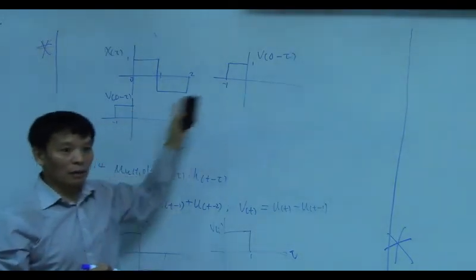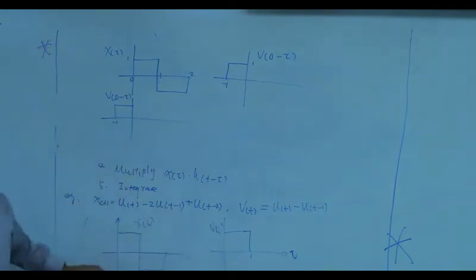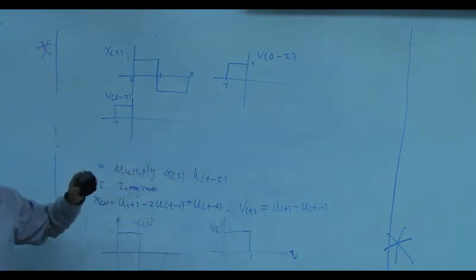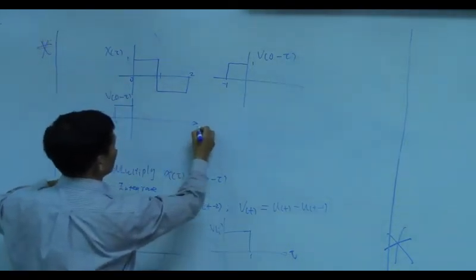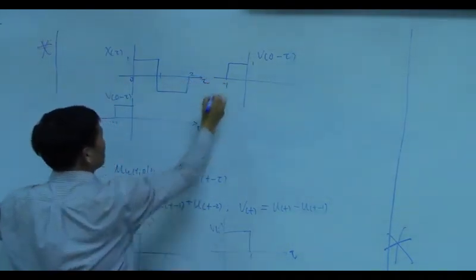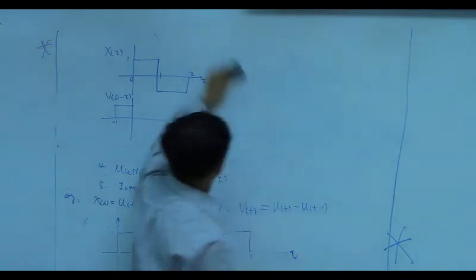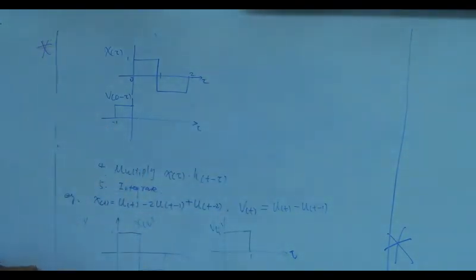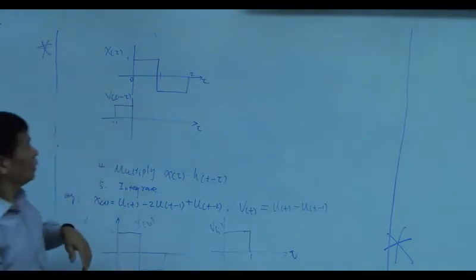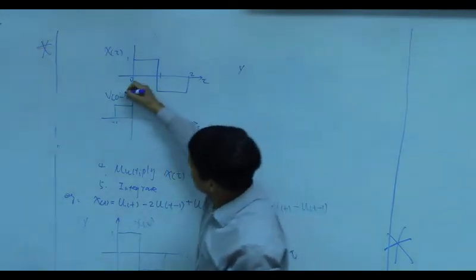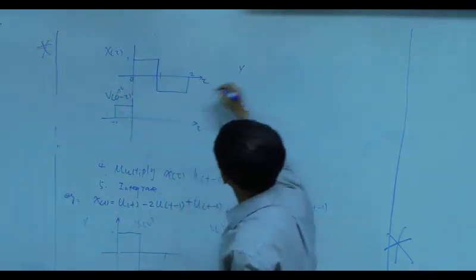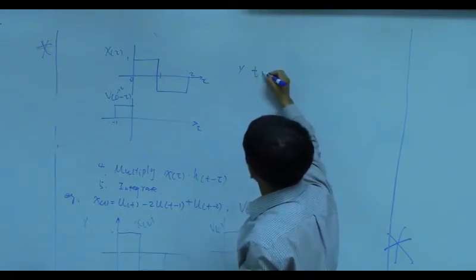I move this one to here, right? Just the same thing. The reason is you can see this clearly. So this is tau, this is tau. Or I can draw with this. When you do this, it is better to align this. The first one is this one here. Keep in mind this is t. So when t equals 0,